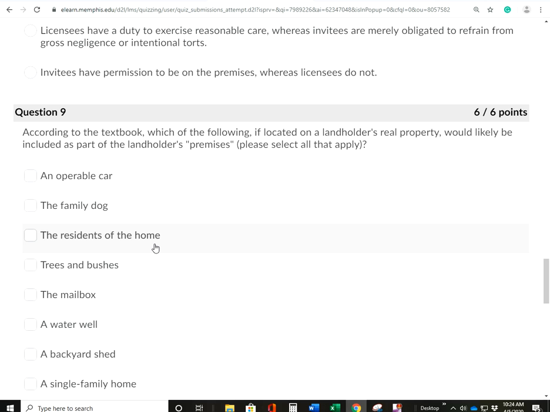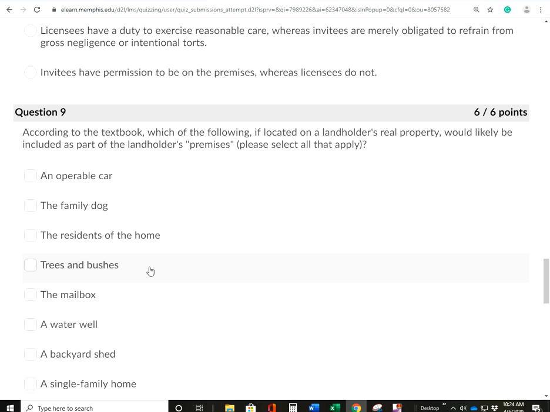They're not attached or growing directly from the premises. They may be part of the estate of the landowner, but they are not part of the land itself. So those first three answers I automatically dismissed,